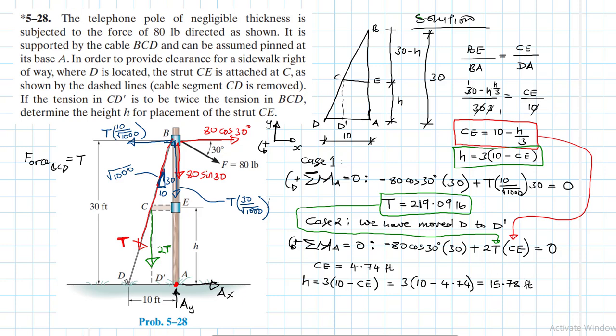Alright. Okay, so therefore our H is equal to 15.78 feet. Right, I guess we are done,